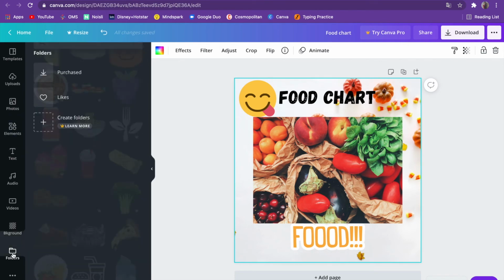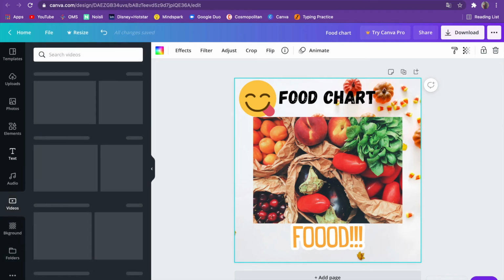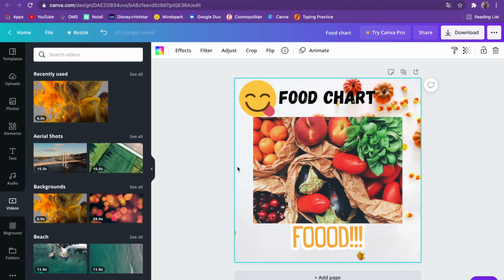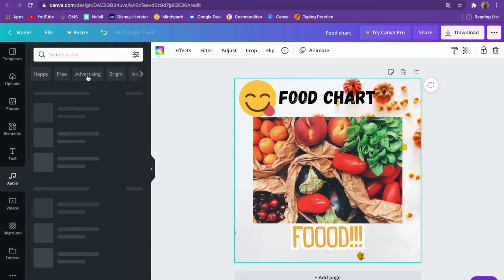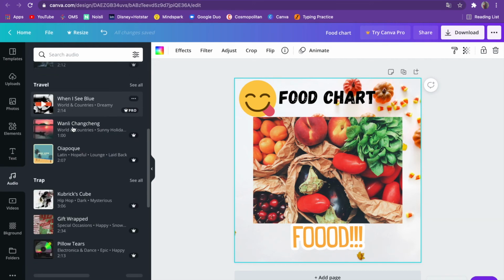And folders is how you make a folder or upload a folder in this. It's for your reference, guys. And videos, if you want to make videos, you can make them. These are some of the templates given by Canva. And audios, most of the time when you're making a video, you need some songs, like sad songs or creativity songs or anything like that.